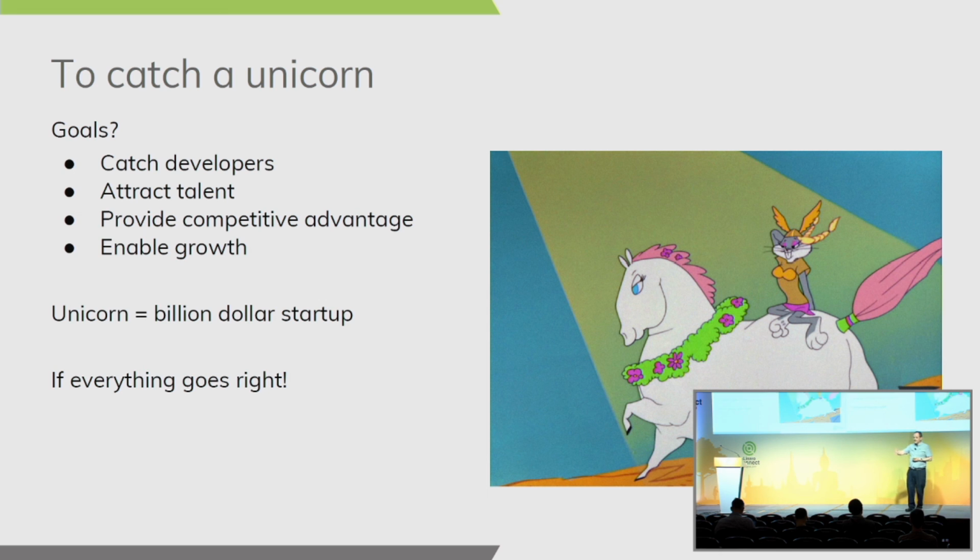But what we are trying to do is catch developers, try to find people who have talent, trying to find people who have awareness of build systems, and enable those organizations that do get it, that do understand that portability is important, that are working on things where it's not an afterthought, but it's really a primary goal, and help them grow. So this is Bugs Bunny. It's not quite riding a unicorn, but this is the closest I could get to a unicorn in this world. If everything goes right, we're not just enabling infrastructure that we're never going to hear about,